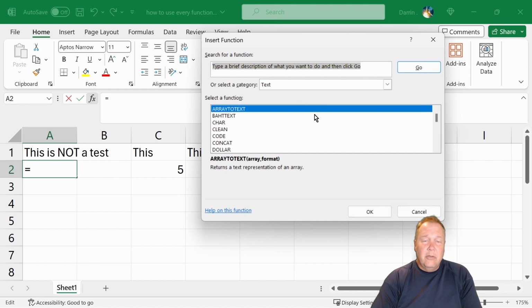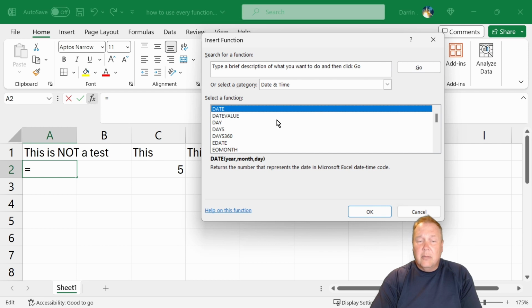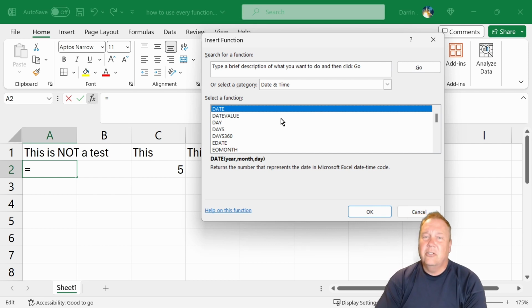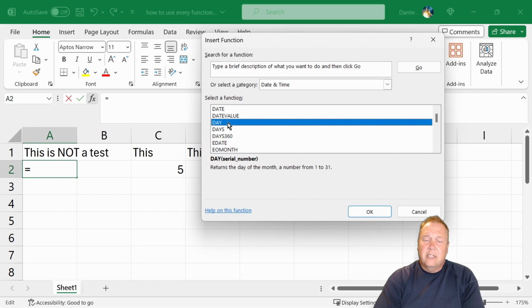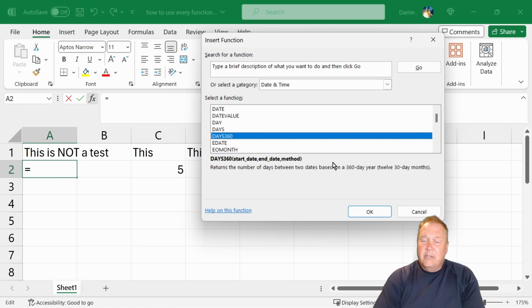Now, Function Wizard can give you information on all kinds of functions. If you're working with date and time, for example, those are the functions a lot of people work with. But they have to pull out some weird stuff sometimes. You can tell the serial number for the day. This gives you the day of the month. It gives you the number of days between dates, the 360-day year. If you've done accounting, you know about the 360-day year, where you have 12 30-day months. If you've never done accounting, don't worry about it. I don't know that it's really used so much anymore. It used to be a standard